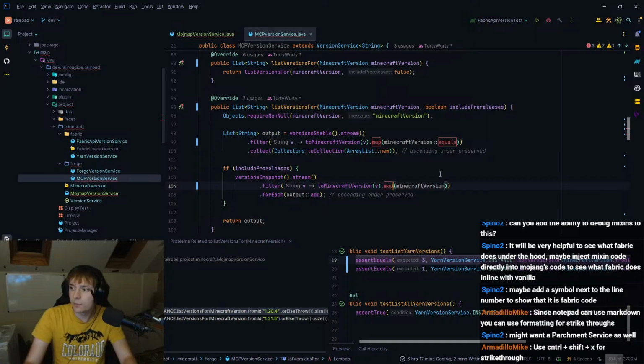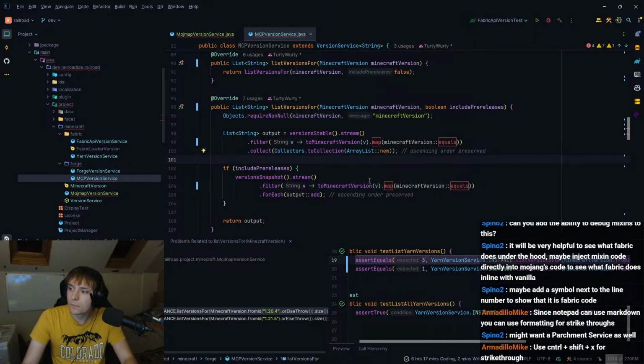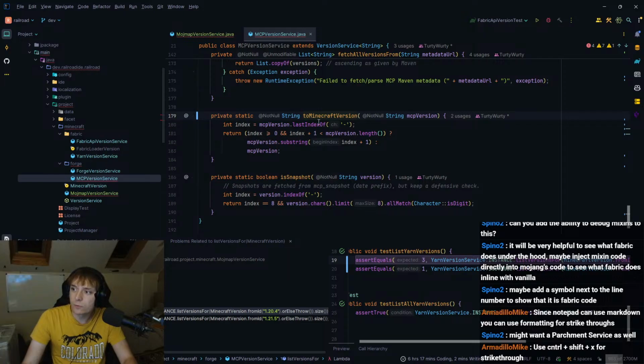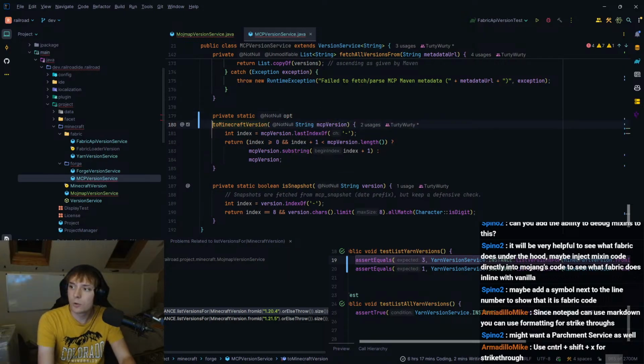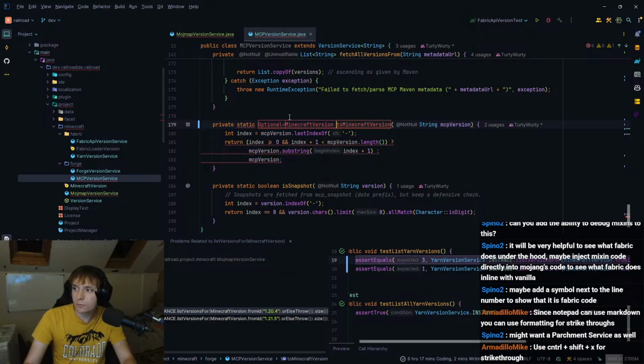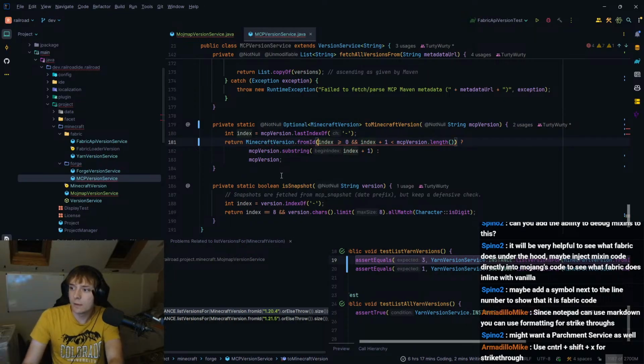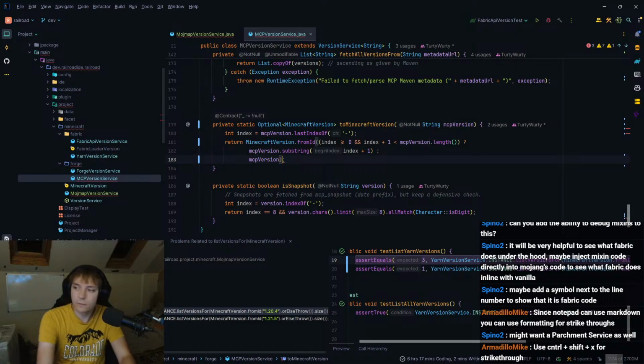So map to Minecraft version equals. And then just change this to return an optional of Minecraft version and return Minecraft version .from ID, like that.